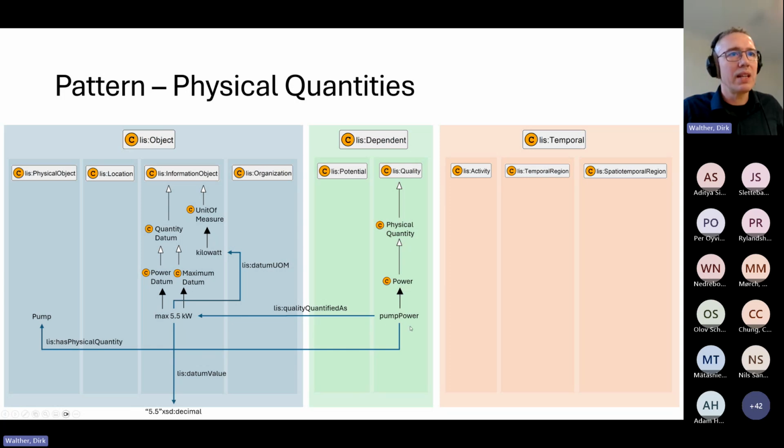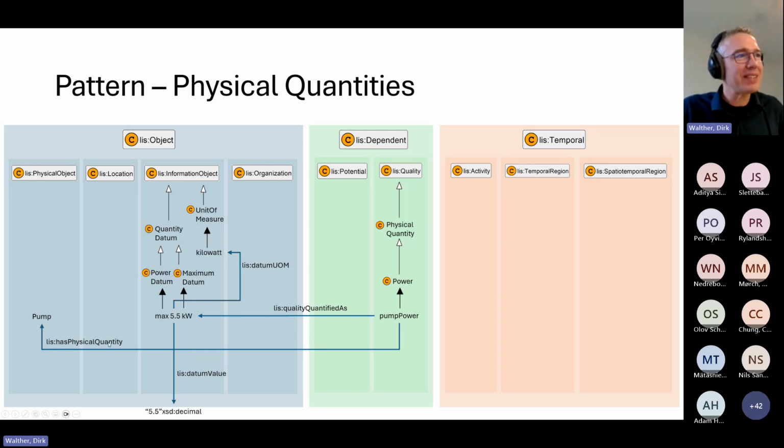Now this pump power is quantified as... IDO has this very unwieldy wording if you read it for the first time. You read "has physical quantity, pump power," and then "quality quantified as," and then you already switch off because it's too complicated. Just understand the logic behind it and read these terms ten times and it becomes easier. I think that's all I can promise.